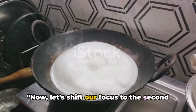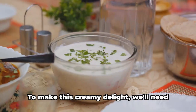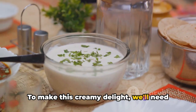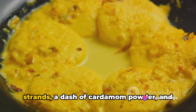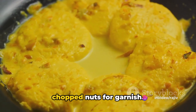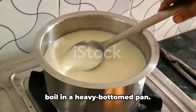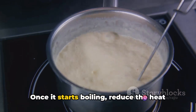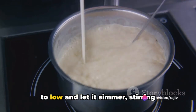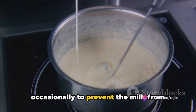Now, let's shift our focus to the second part of Rabdi Ghevar, the Rabdi. To make this creamy delight, we'll need full-fat milk, sugar, a pinch of saffron strands, a dash of cardamom powder, and chopped nuts for garnish. Start by bringing the milk to a rolling boil in a heavy-bottomed pan. Once it starts boiling, reduce the heat to low and let it simmer, stirring occasionally to prevent the milk from